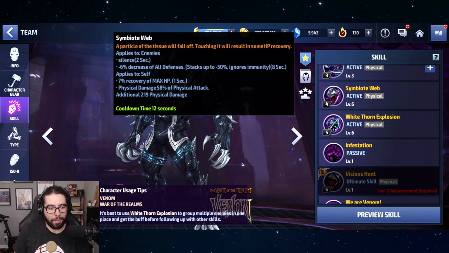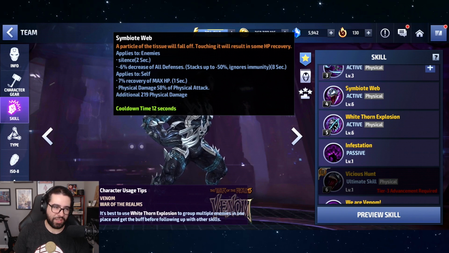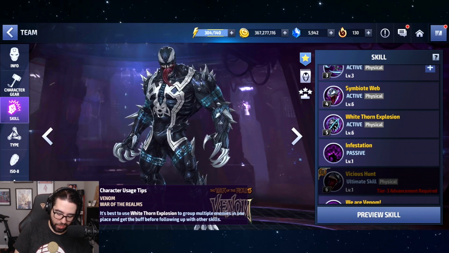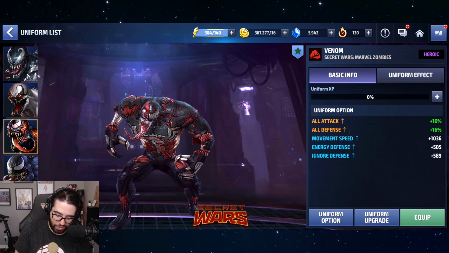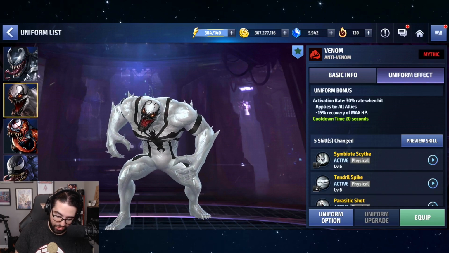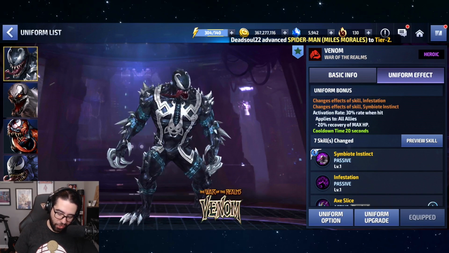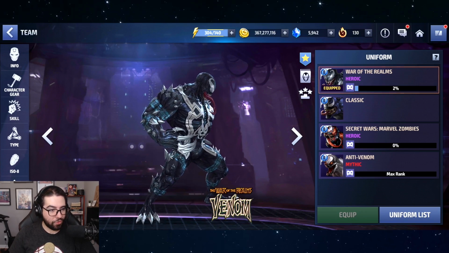You would actually benefit more from this one, because I'm pretty sure it's at least the same number of little symbiotes that he drops, and it's a better heal. And then, of course, this heal is marginally better. It's a 20% max HP heal if he's on your team, not as a striker, versus a 15% heal, but it's only every 20 seconds, so it's not really that good. So yeah, I think even if you're going to use him as a support type unit, this uniform is a